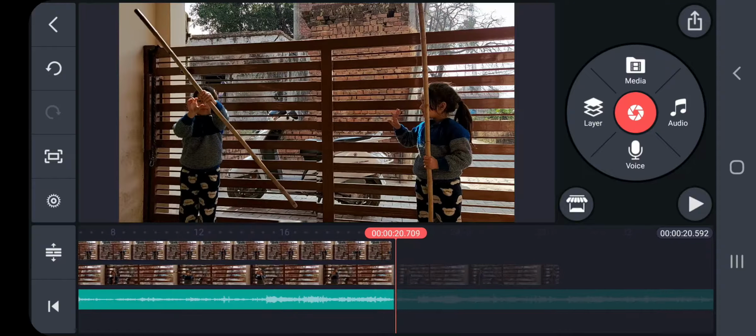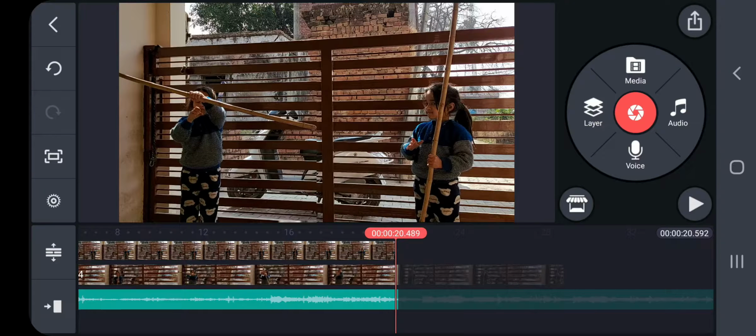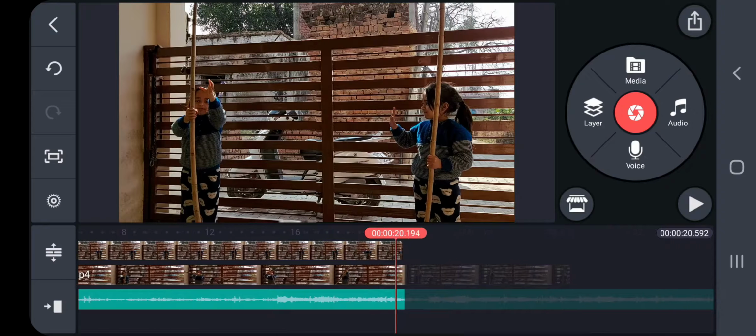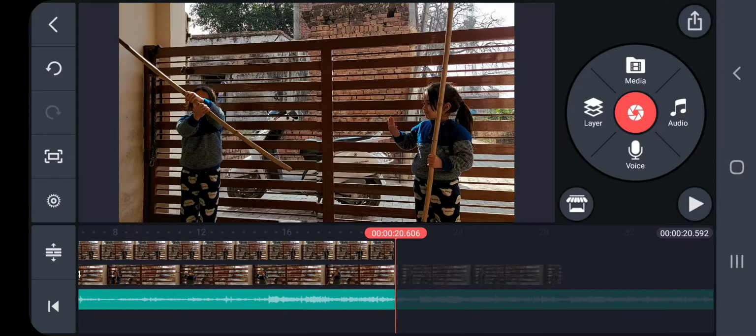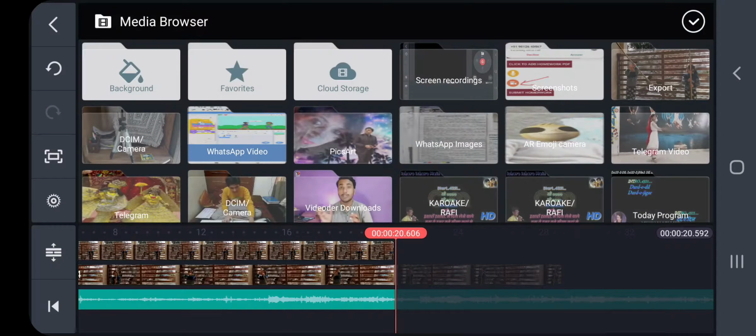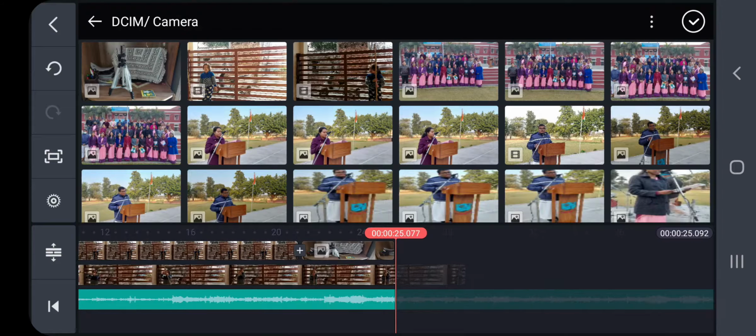Like I'm using a tripod. You can also use a tripod. And I'll show you in this tutorial only. Suppose I want to show how the tripod looks like. I'm having this tripod here.